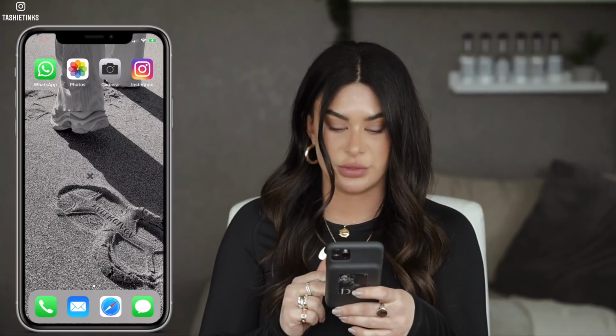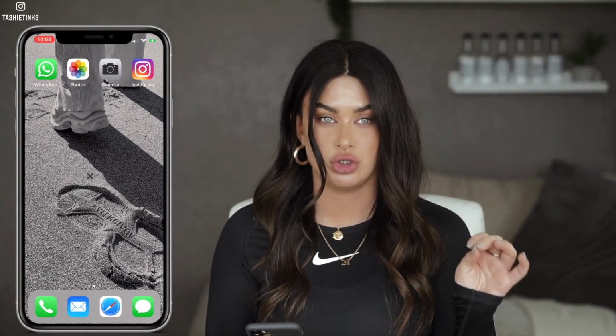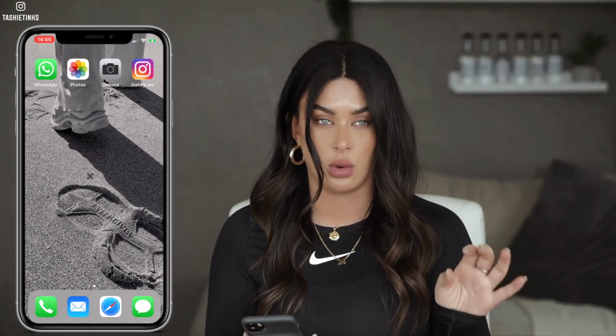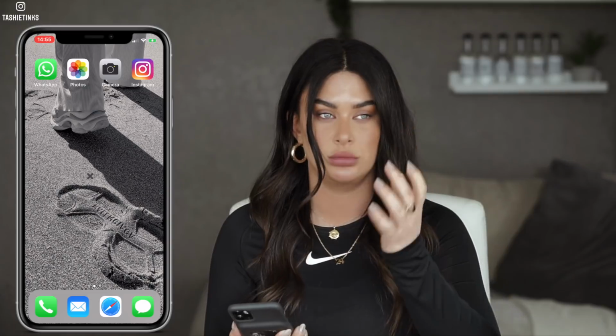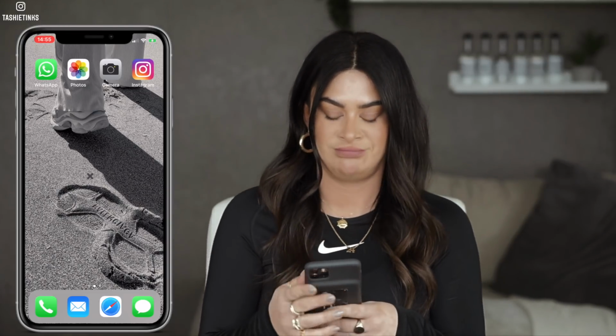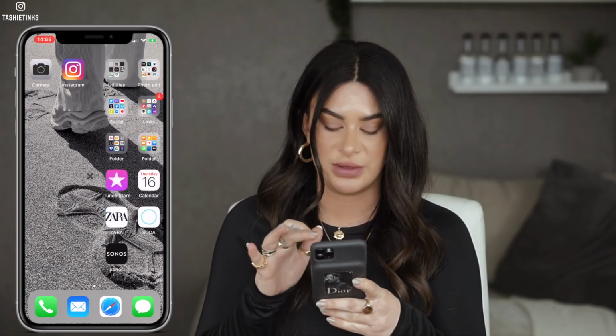Love this. Okay, so I'm going to record my phone screen as always and put it next to me here. Right, record phone screen. So this way of making your own animated GIFs, you can do either from a video or from a live photo. So either one you can use this for. Okay, so the app you're going to need, oh, by the way, if you don't know how to do live photo,